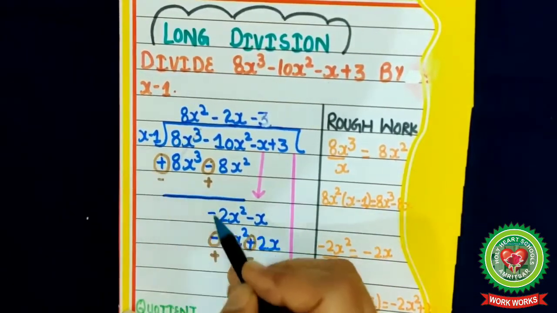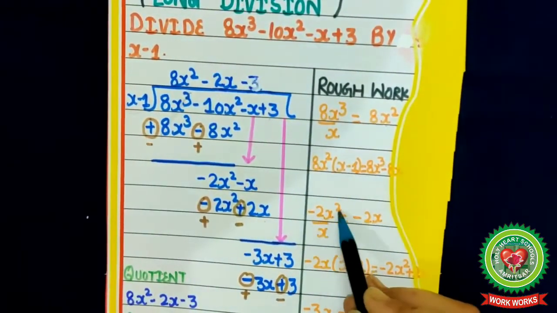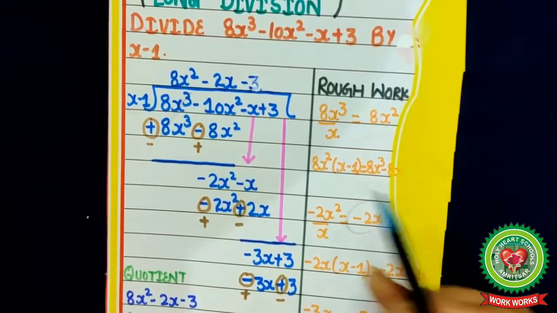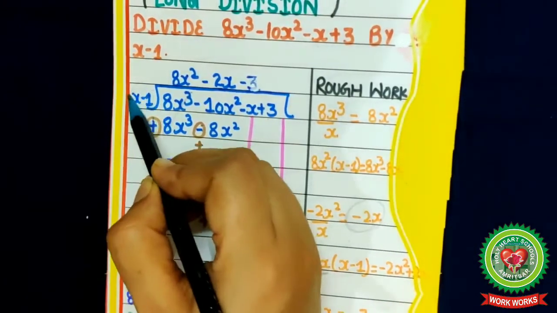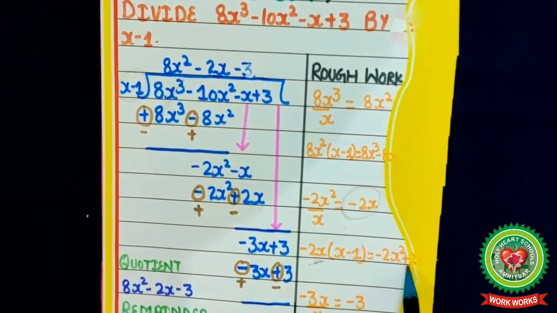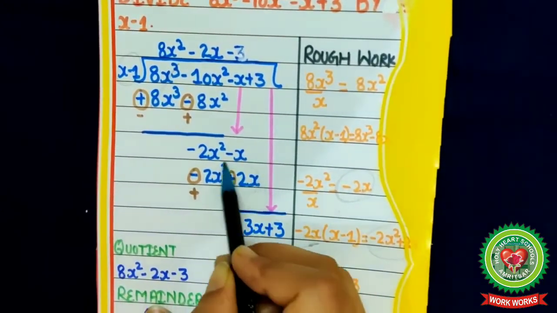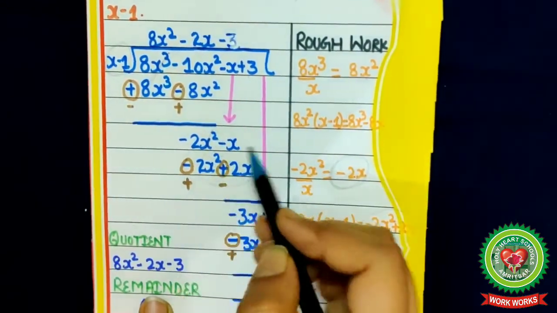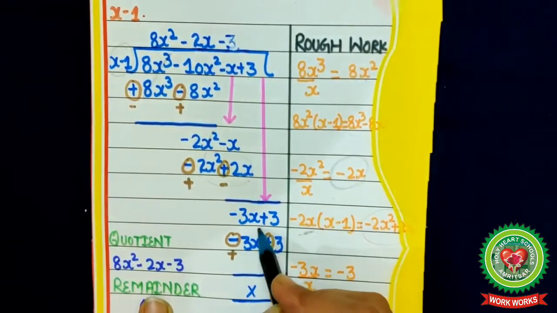Now again these first terms will be divided. So after dividing, here I have done the rough work, minus 2x square upon x, I have got minus 2x. This minus 2x will again become the quotient. Now this minus 2x will be multiplied with this x minus 1. So after multiplying, I have got minus 2x square plus 2x. This will be written here under this. Now again repeat those steps, sign lock and change. These both will cut. After doing minus minus, sign of minus, add the numbers. I have got minus 3x.